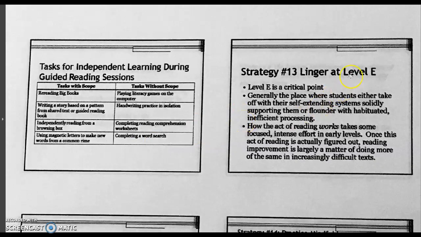Another strategy is to linger at level E. Level E is around a level 8 in some benchmark systems. It's a critical point. It's something about level E where students either, boom, they take off. They've got that self-extending system, they're integrating their processes, and they've got it, or they struggle. There's something about a level E text that really requires kiddos to bring those two print processes and meaning processes,